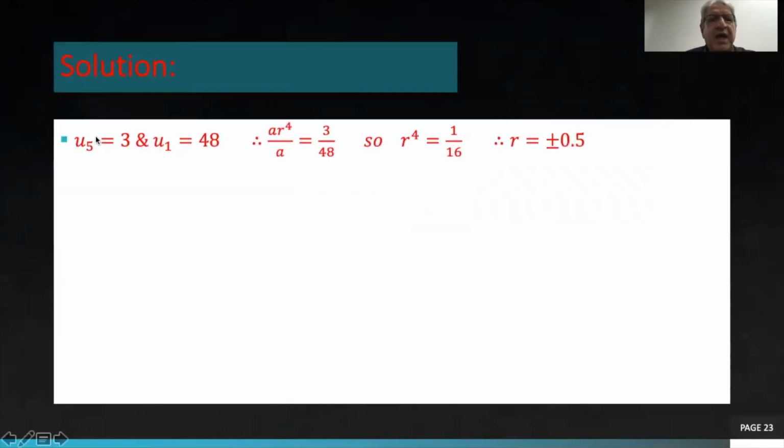Now, we know that U5 is 3 and U1 is this. U5 means what? U5 means ar to the power of 4, and a is 48. Therefore, I will divide this by this. Therefore, 3 divided by 48, I'm going to get r to the power of 4 is equal to 1 over 16. Therefore, r is plus or minus 0.5. Therefore, this is plus or minus 0.5. Now, I need to find